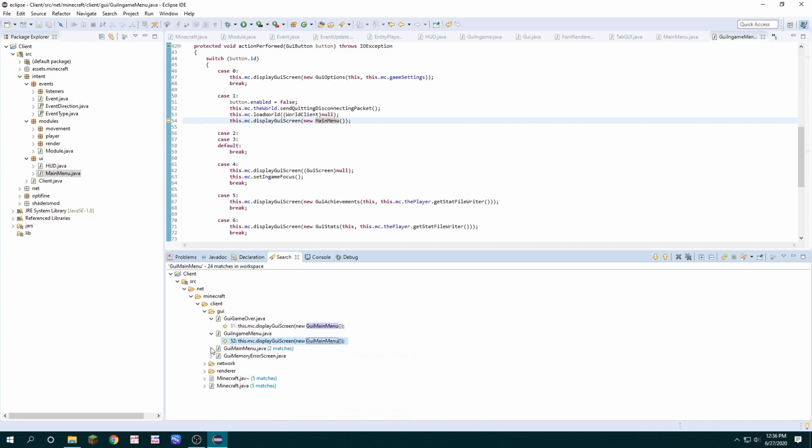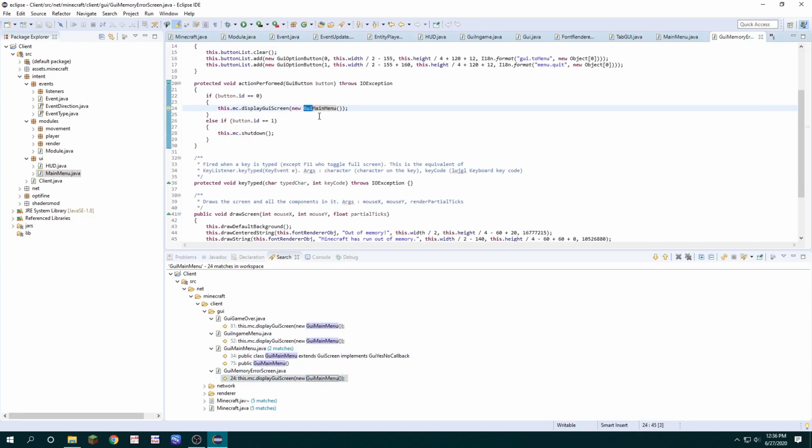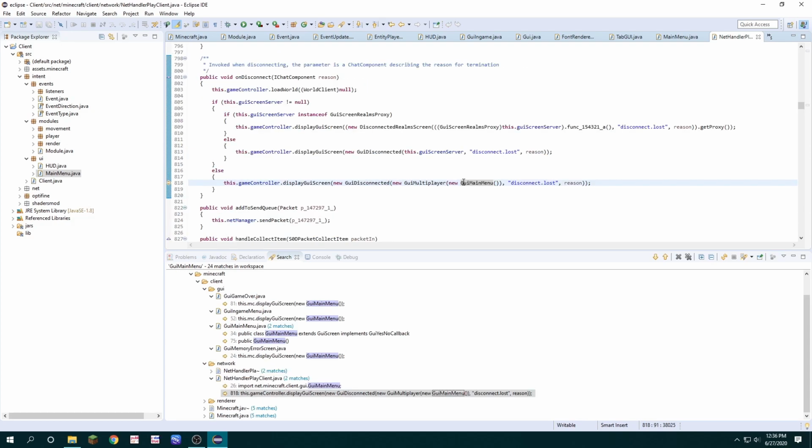And what this does is it allows us to keep our original main menu intact. So if we want to switch back, or there's some reason why you want to switch back, you'll be able to, and you won't have deleted or modified the original main menu. I'm going to continue changing the occurrences, importing,